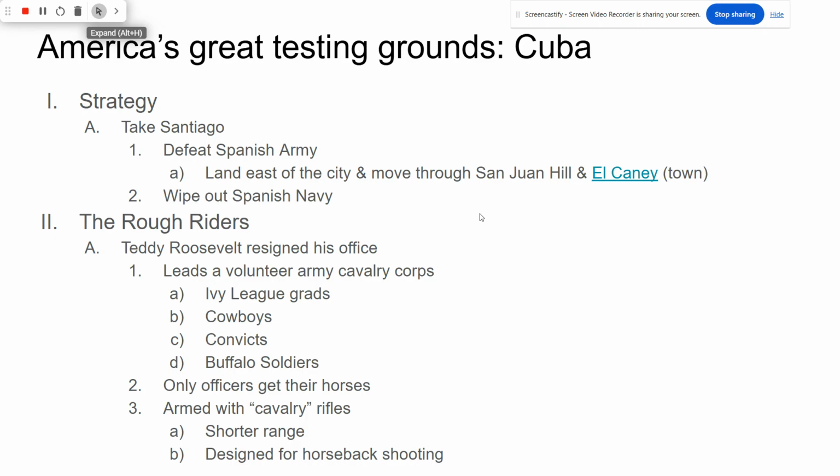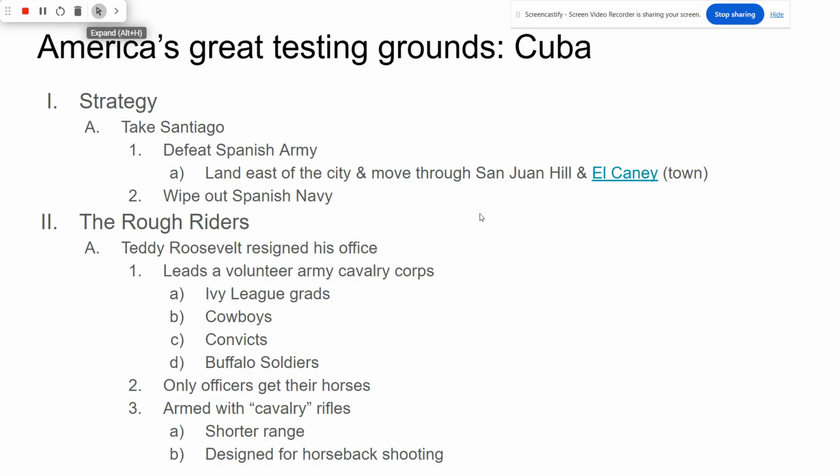And he also had a high, squeaky voice, which didn't help, considering the fact that he was just like a monster of a human being. But he met a lot of people out there. And so when the war broke out, he contacted these people. And the 1st Volunteer Cavalry Corps of the United States Army, better known as the Rough Riders, was made up of a motley assortment of Ivy League graduates, doctors, lawyers, engineers, teachers, professional men who had graduated from Harvard, Princeton, Brown, Yale, cowboys, including, by the way, my great-great-grandfather, who was a U.S. Marshal that Teddy met and invited him to join,